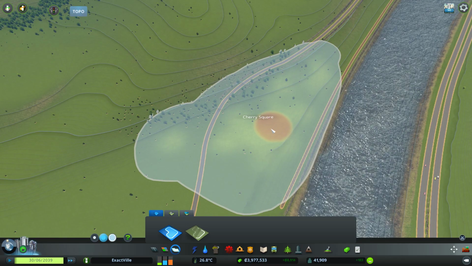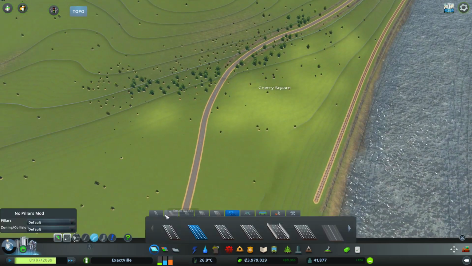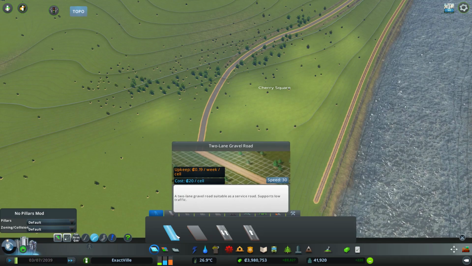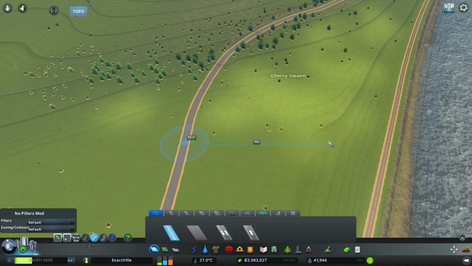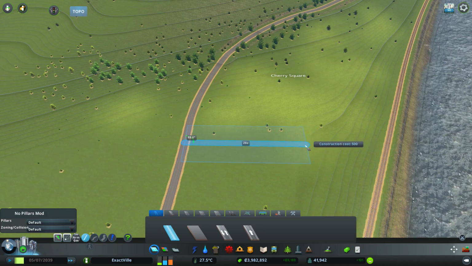And I might cherry square. And I might actually extend that in the future, but for now I'm going to just leave it as is. So if we're looking at smaller roads, a 2-lane gravel road, and I'm just going to do a bit of a section off of it like this. Gravel roads